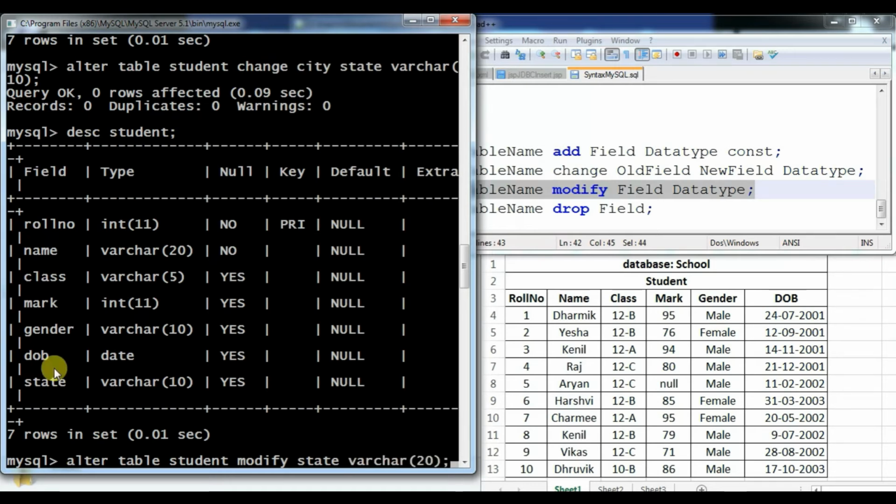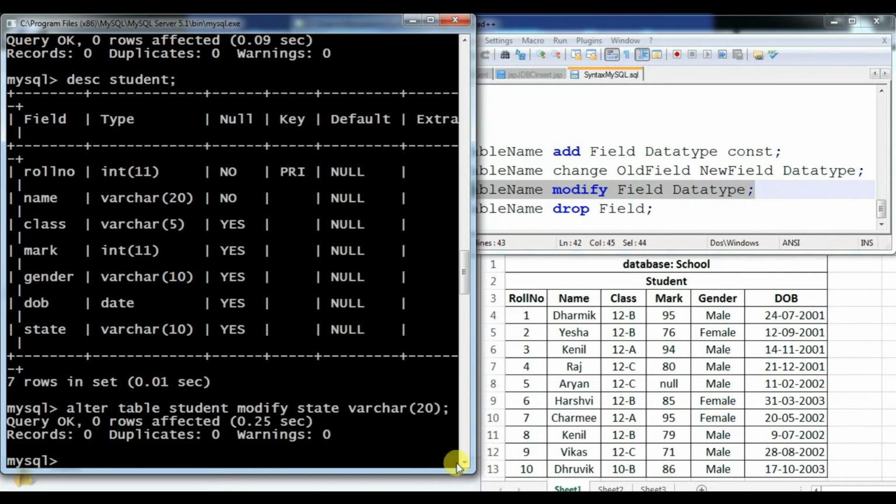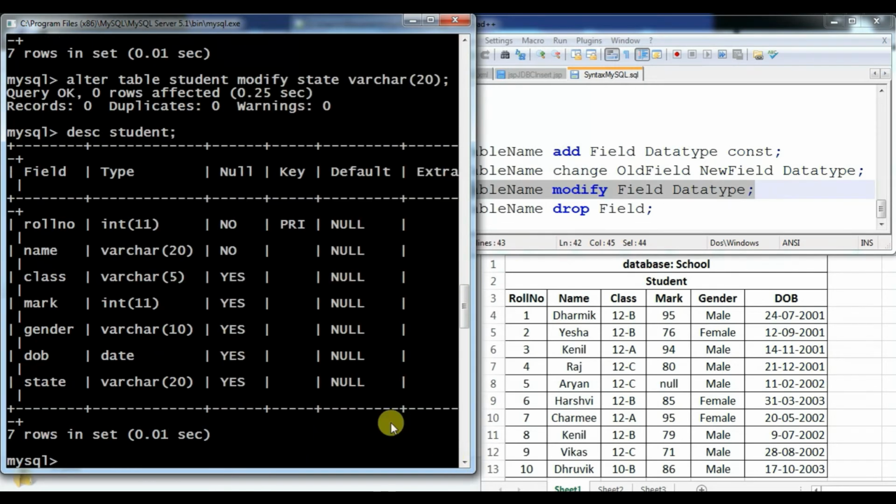Previously I had mentioned 10. See, state and varchar 10 was there. Now I am changing the state field to varchar 20. I press enter and check the structure again, desc and table name. See, state has varchar 20, meaning the new data type I allocated is varchar 20. This is how you can change the data type of a particular field.